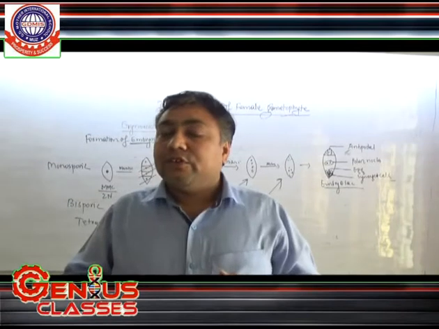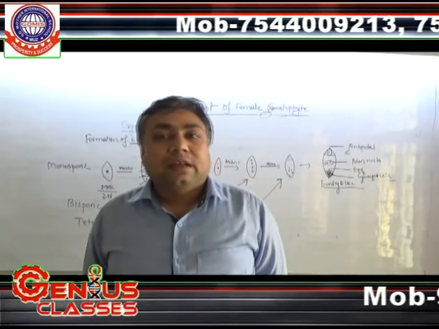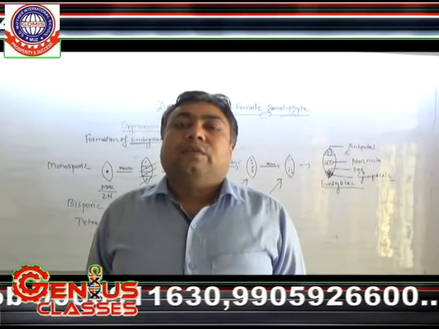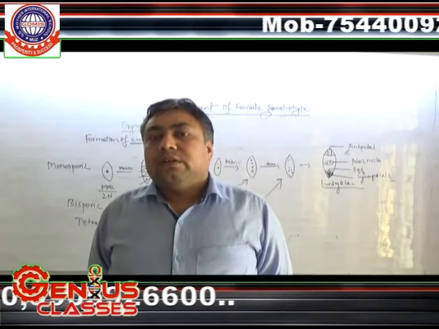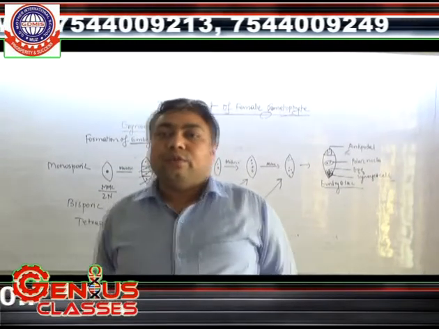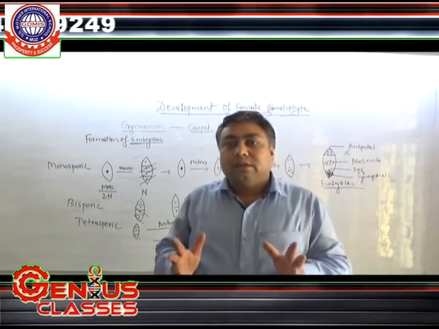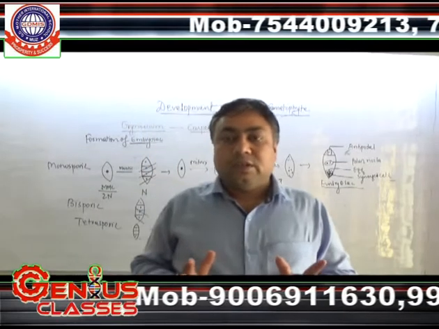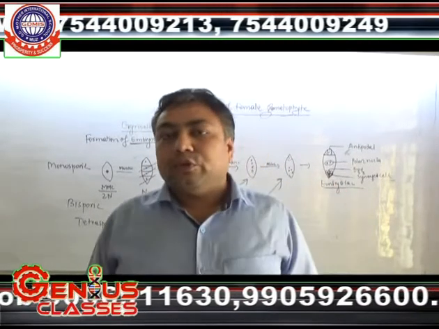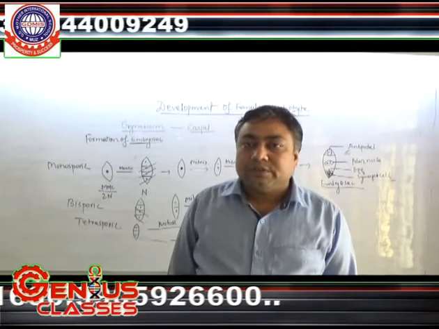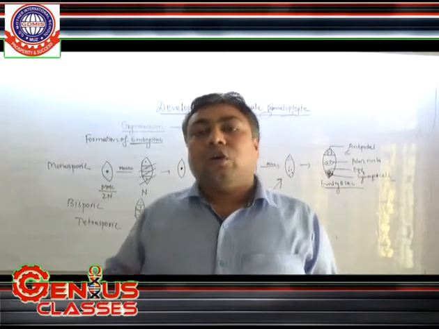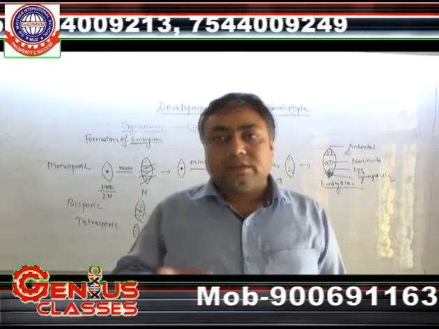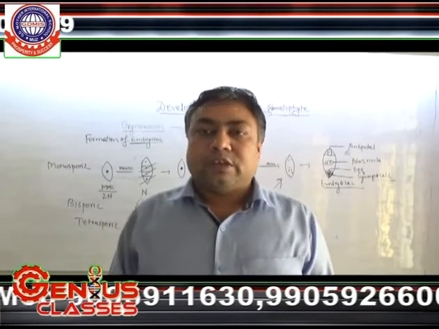One of the cells inside the nucellus behaves as the megaspore mother cell and goes for meiotic division, and 4 spores are produced. If 3 degenerate and 1 goes for embryo sac formation by mitosis, it is called monosporic embryo sac formation. If 2 degenerate and 2 go for embryo sac formation, it is called bisporic. If none degenerate and all 4 spores go for mitotic division and formation of the embryo sac, it is called tetrasporic embryo sac formation.